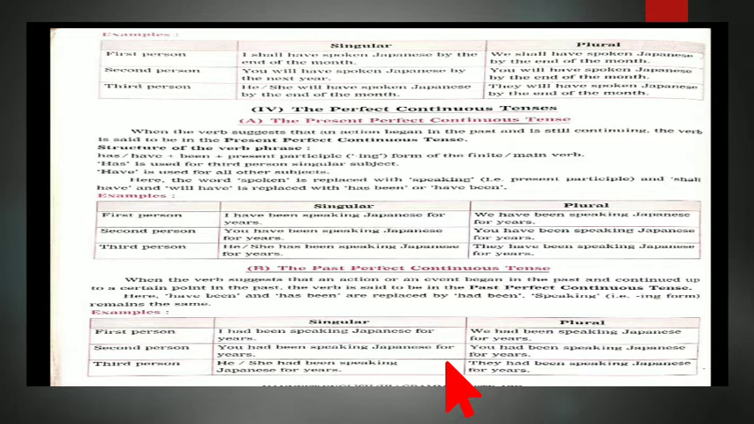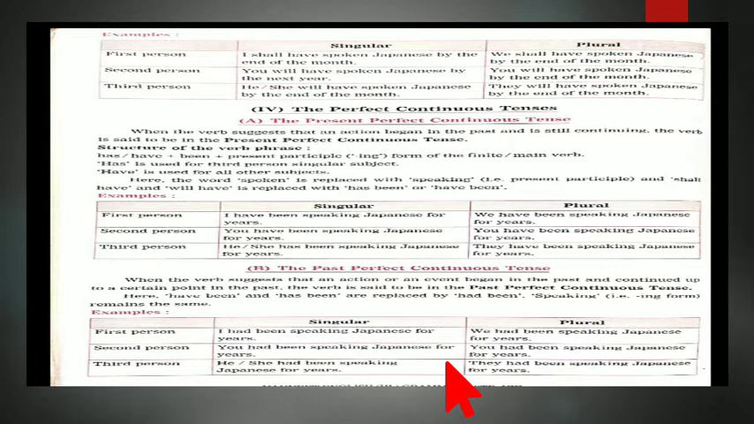So the example will be here. What will be the example? The example will be: I had spoken Japanese. We had spoken Japanese. Second person, you had spoken Japanese. Third person, she had spoken Japanese. They had spoken Japanese. And the future tense, when the verb suggests that an action will be completed at some